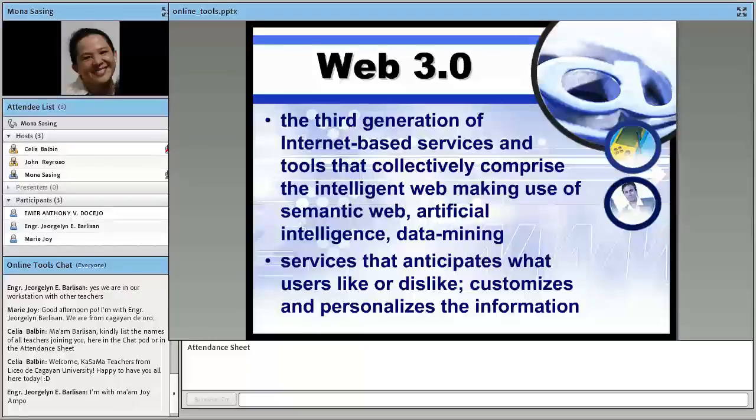One particular example is being used in Amazon.com. More or less, this is more on marketing their products, wherein when you sign in at Amazon, they will get your profile, and then they will take note of the things that you like, and even keep track of the sites that you go to and the things that you buy from them, such that when they have a new product that they need to advertise, and if you fit their profile, they can recommend to you that particular product.